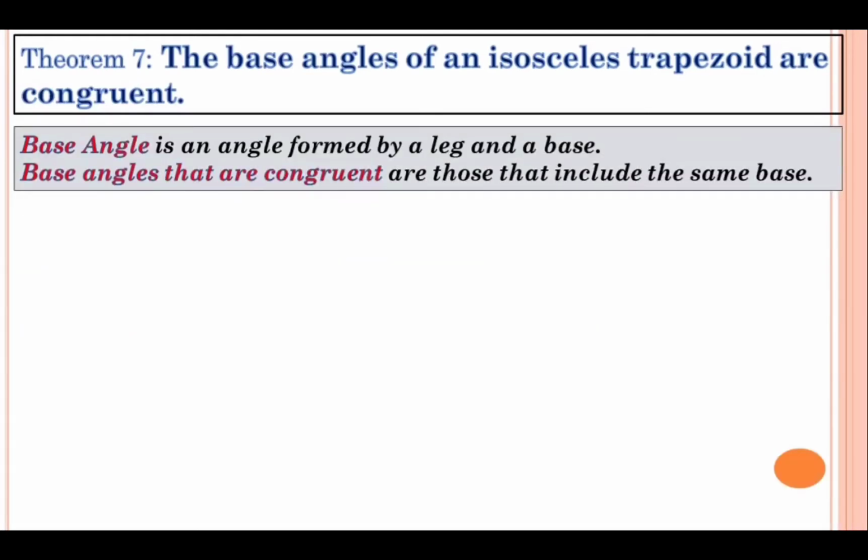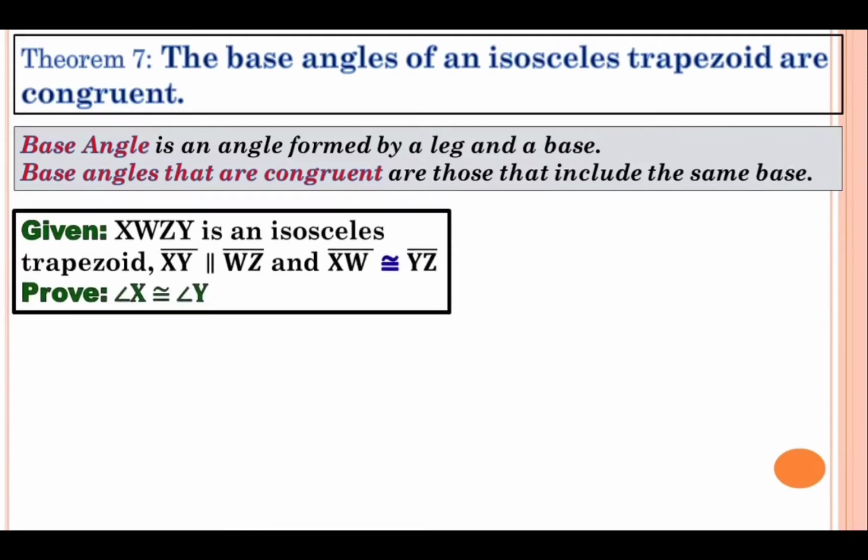When we say base angle, it is an angle formed by a leg and a base. Well, the base angles that we are to prove to be congruent are those that include the same base. Okay, so given